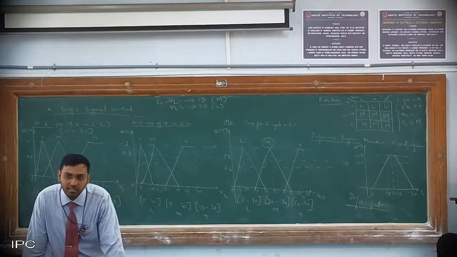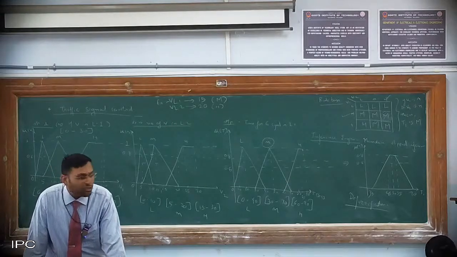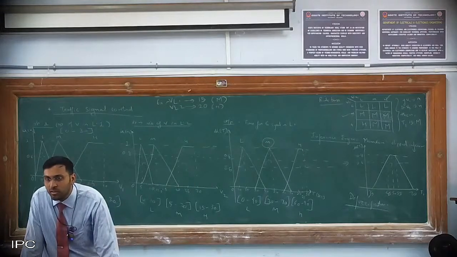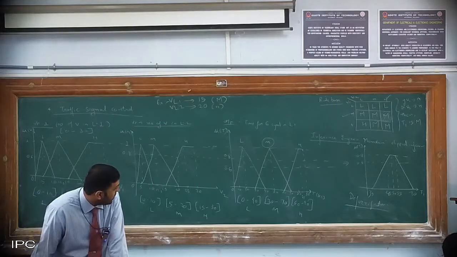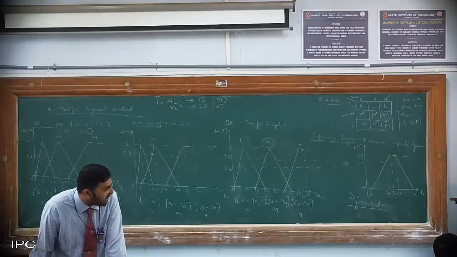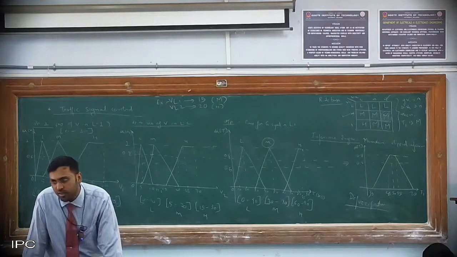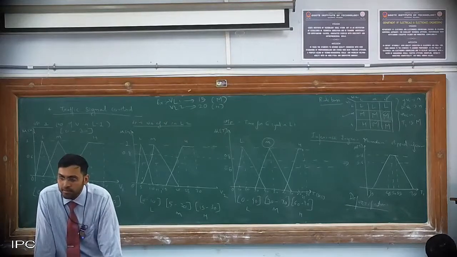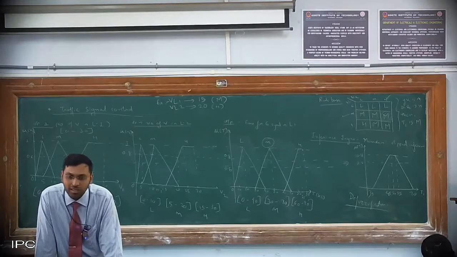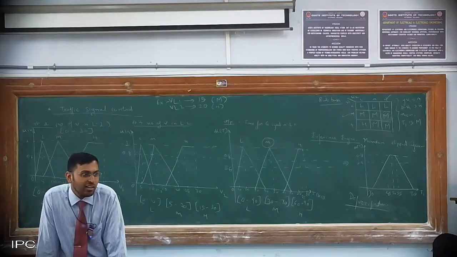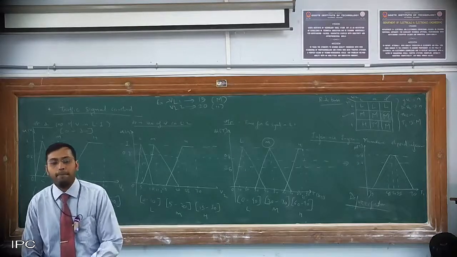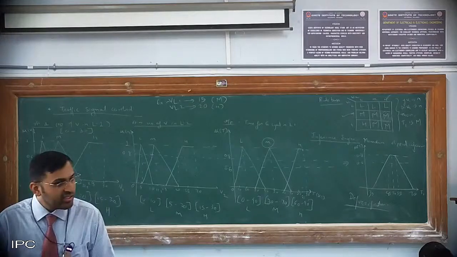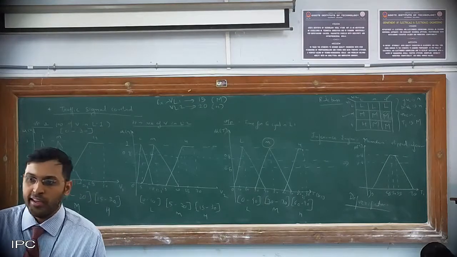First of maximum and last of maximum can be applied, so 45 and 55 are the values. Next, the MOM method: 45 plus 55 divided by 2 is 50. Fine, that is also there. Next, center of gravity. Please apply the center of gravity method and tell me the final answer. I hope everybody is understanding what we are trying to do. Any difficulty? Yes.